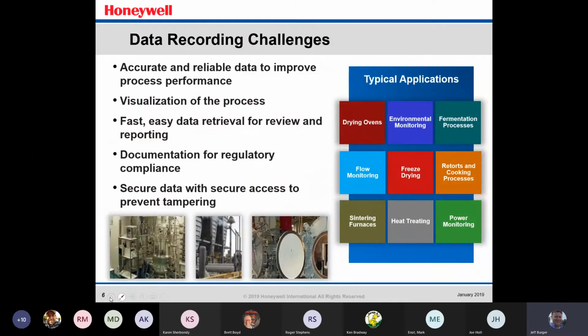Let's talk a little bit here before we get into the software about some common challenges and applications that customers might deal with. You on this training might be dealing with this in your facilities. Data recording presents several different challenges, especially in the old days when you had, well, I call it a pen dragger,